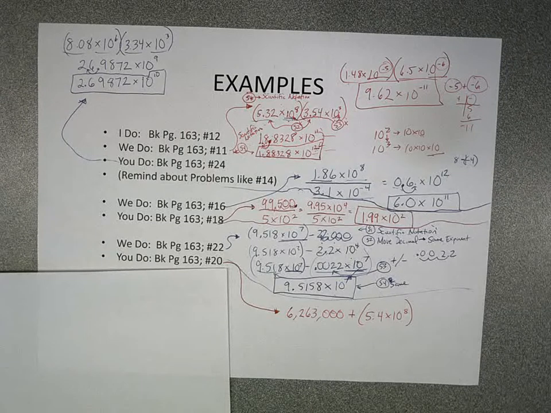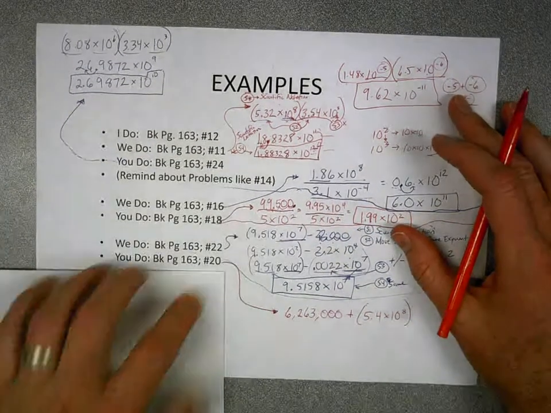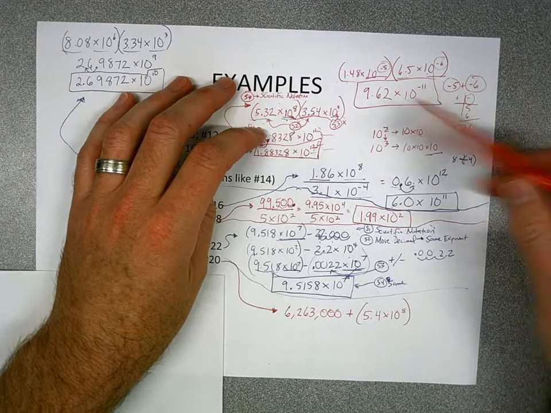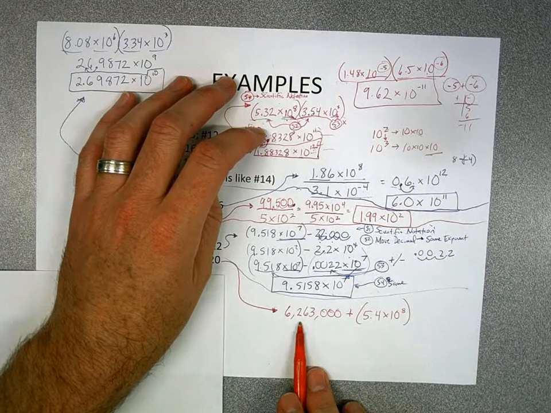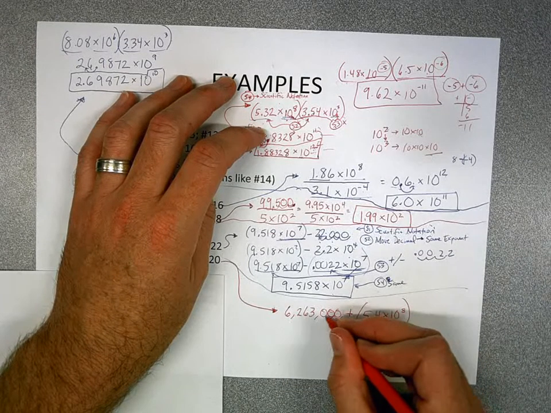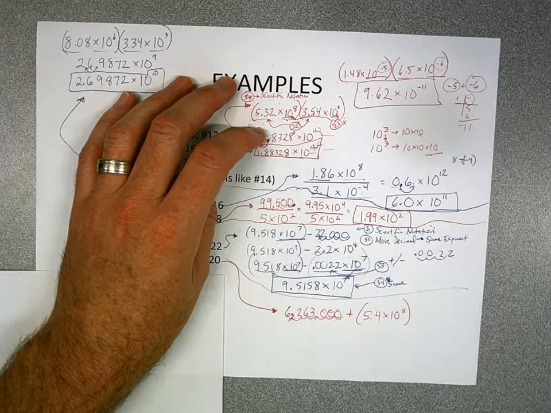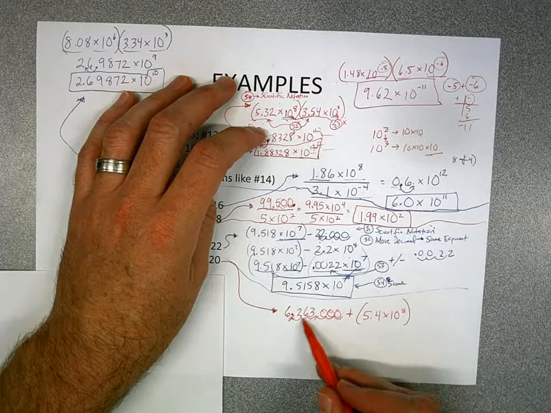Okay, here we go. All right, using the notes. Scientific notation. That one is good to go. That one is not. I need to move my decimal point over. So 1, 2, 3, 4, 5, 6. It's going to go right behind that 6 right there. I moved it over. So I end up with